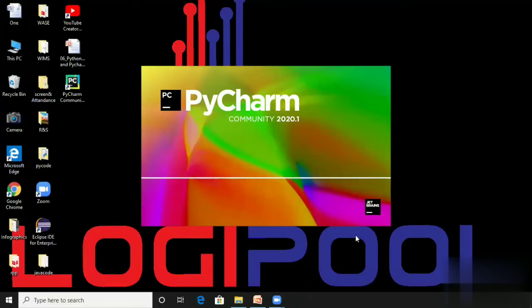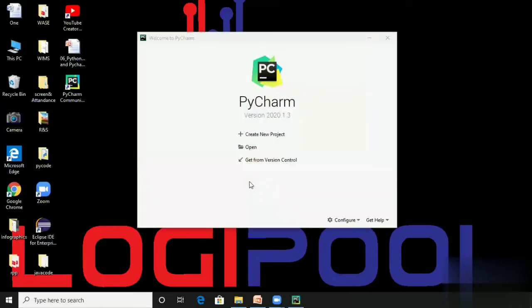Again, one status bar is completed and it will start. The very first time, it will take a while. Then such a window will come the first time you use PyCharm.